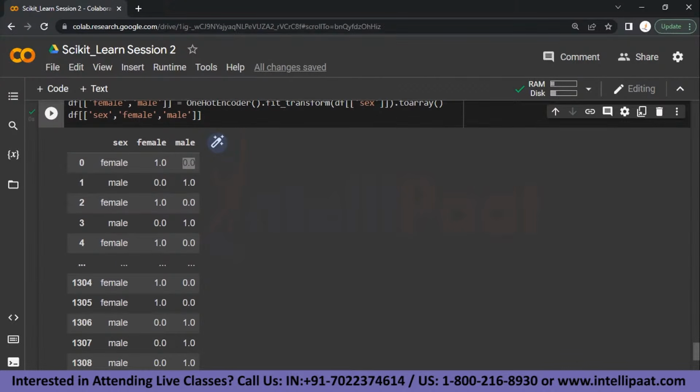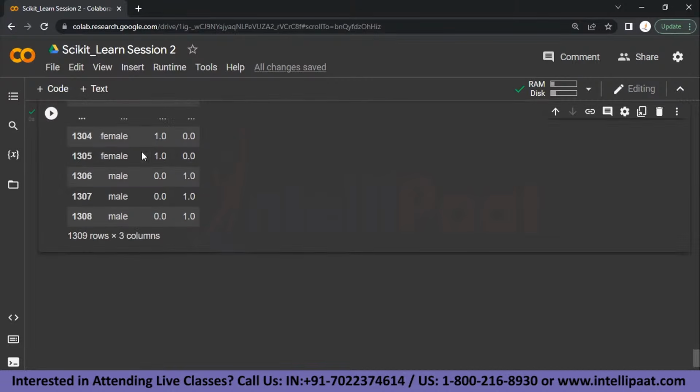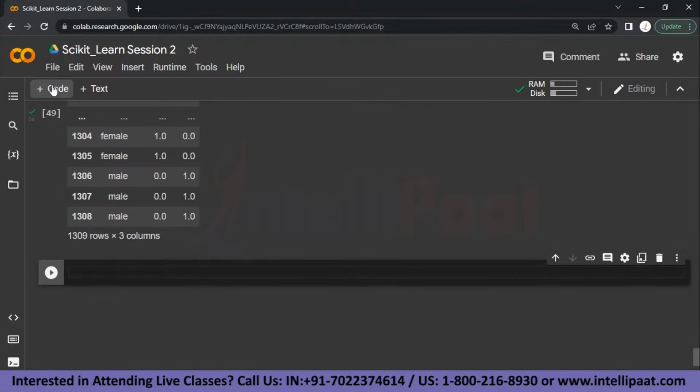But this is quite redundant, isn't it? All this information could be stored in a single column where female is 0 and male is 1, right? To do so, we'll select the male column from the array resulting from the fit_transform method. So what we'll do is, we'll create a new coding block and inside it df6 will be one hot encoder